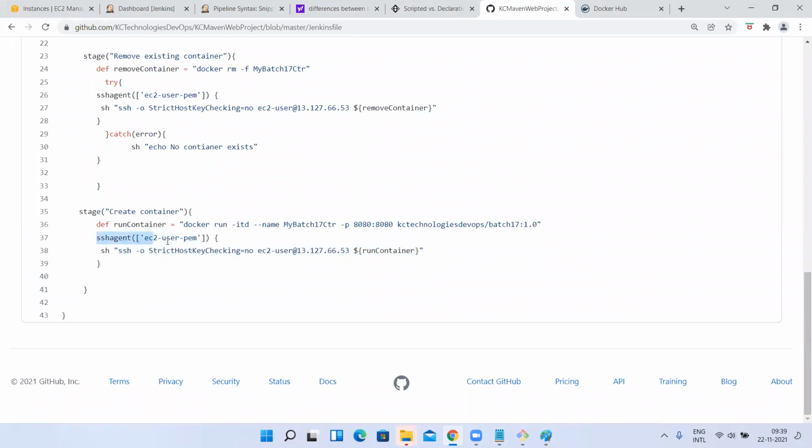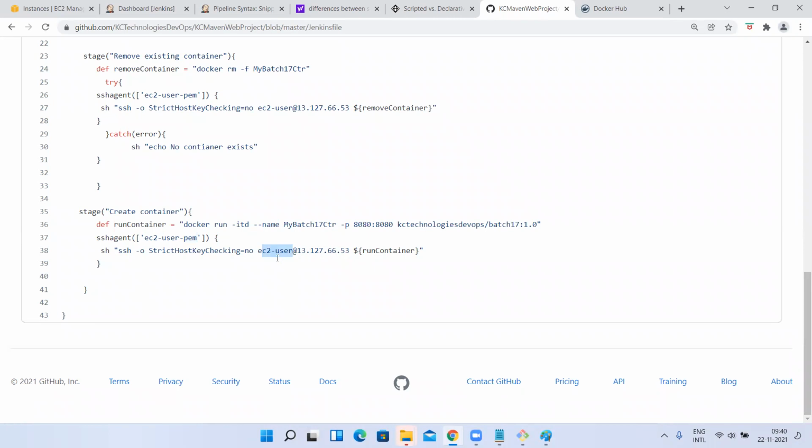So within this function, this is the starting of the function, ending of the function, I can use that username and credentials. So I'm using that username. Automatically within this function, if I use that user, the password or the PEM file of that user, whatever I have set, will be used. So now I'm using this user and this IP address, meaning I want to SSH into this machine using this user, but I'm not giving a password here. Why? Because the password will be taken from this SSH agent only, right?